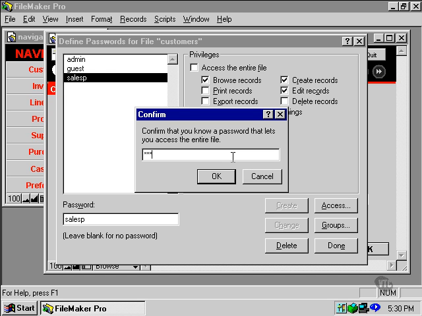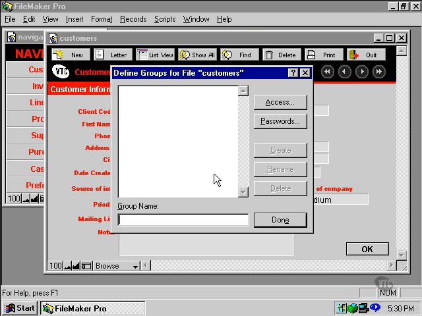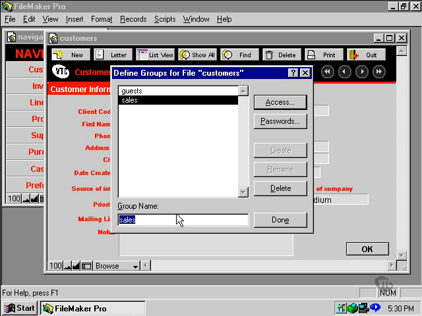Need to put in the master password, which is that top one I put in. Click OK. Now I'm going to put group names in there. So one for guests, create that, and another one for sales, create that, and another one for admin, and create that. Now I can click on Access,